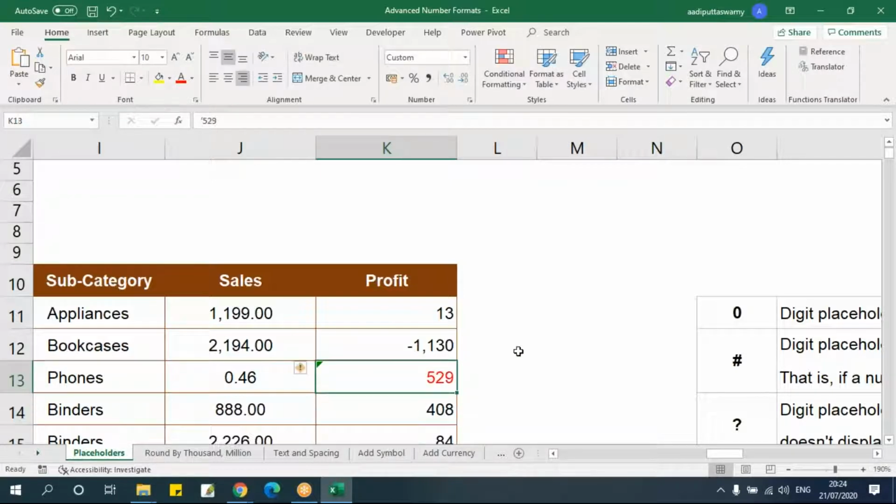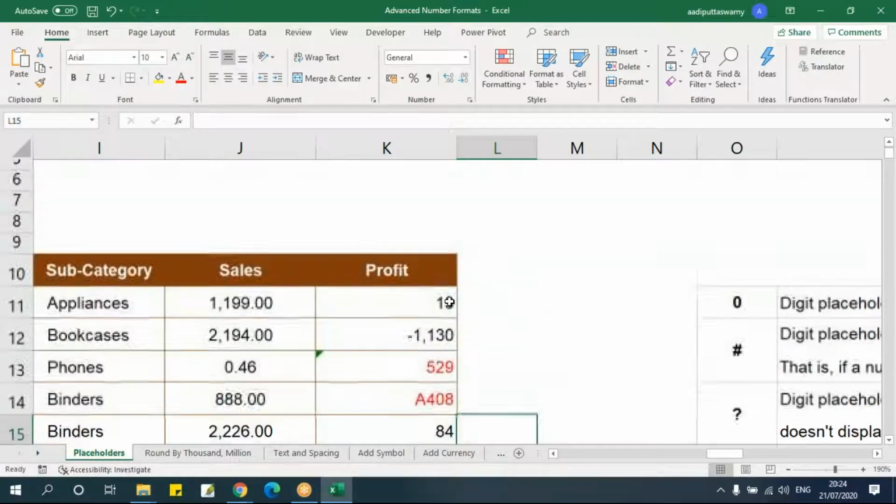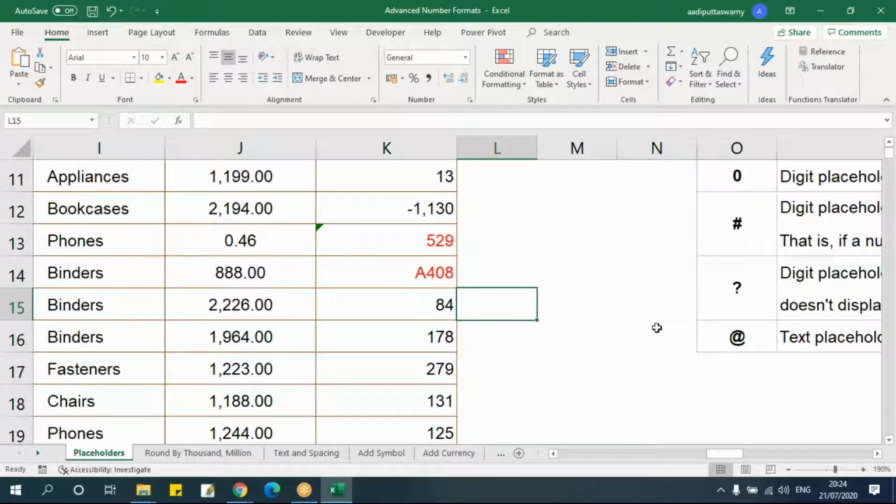See, this becomes red color. That means this number is actually not a number. I've just put a single quote, so that has become text. Let me put some character here. See, this is for text. Right, we'll see more examples on this. This is just to explain what zero, hash, question mark and at symbol are.